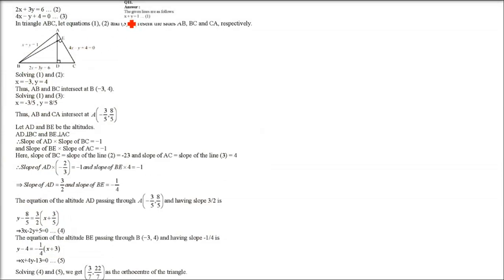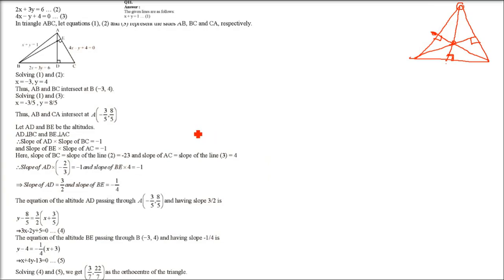This is question number 11. Find the orthocenter of the triangle, the equation of whose sides are these. Orthocenter means the intersection point or the common point of the altitudes of a triangle. So there is a line which we draw perpendicular. I don't know where it is cutting it equally or not. But one thing is clear, that the vertex is sending a line to the opposite side, and it is making an angle of 90 degrees. So all these three possibilities are there, and these are all 90 degrees. So this is called the orthocenter.